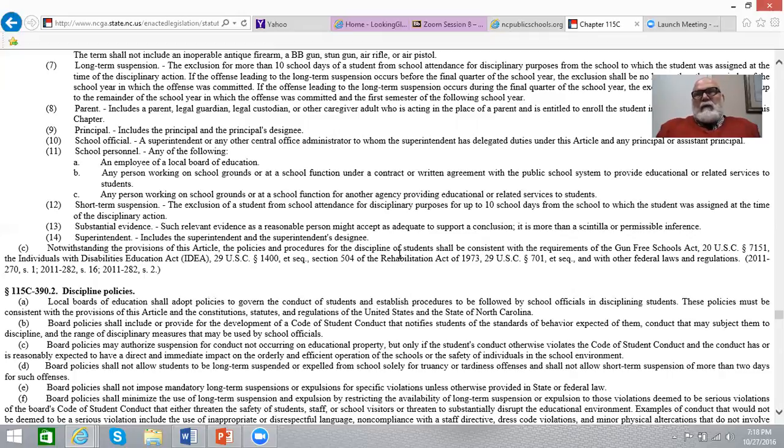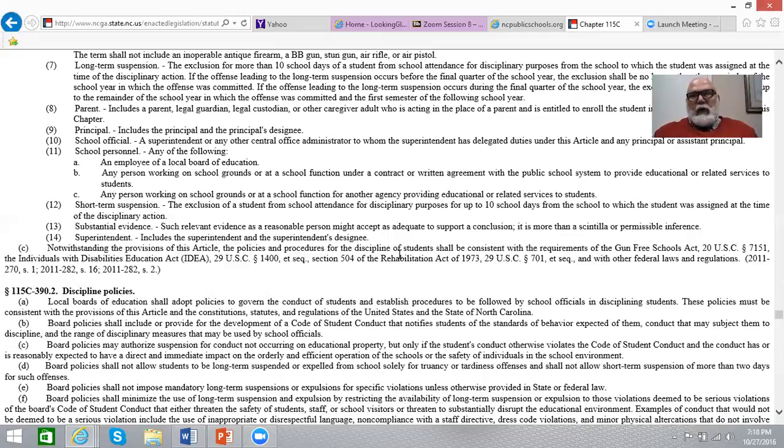And that process is manifestation determination, functional behavior assessment, a psychological, and an IEP team meeting. All those things have to occur for you to suspend a kid more than 10 days. Now, there's a catch. So what schools will do is they'll have an EC kid and they'll suspend them 1 day at a time. That way we've got 10 incidents before we have to do the manifestation determination on this kid and go through all this paperwork and process. That's a fallacy. That's not true. Let me say that again.